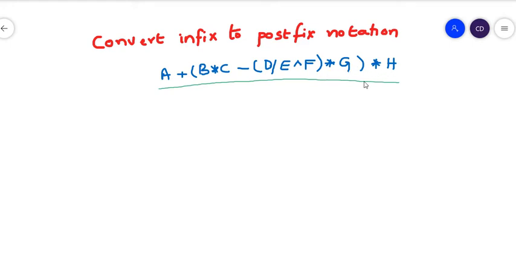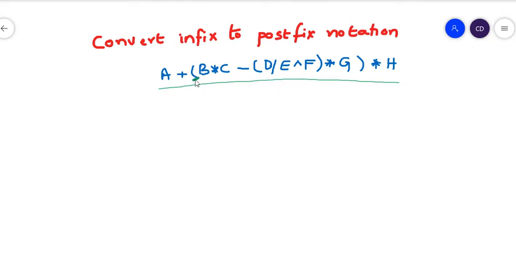In mathematics we have the BODMAS rule: brackets, of, division, multiplication, addition and subtraction. It shows which operator is going to be evaluated first when your expression has many different types of operators. If your expression has brackets, then you have to evaluate the brackets first. Then you check the operators, like multiplication, division, exponential, which have the highest priority, and those are evaluated first.